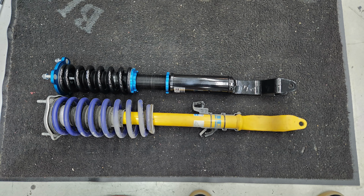So highly recommended. All in all, I think this was a very, very good purchase. I wish I had just done this in the first place. The Bilstein B8 and the H&R setup, I think that setup is really good. It's cost effective, generally speaking, really good quality parts if you're not looking for a big drop. If you're looking to just upgrade the suspension and maybe get a fraction of a drop, but you really just want to keep the OEM feel while getting better handling, I highly recommend the B8 Bilsteins and the H&R setup. But if you're looking for a drop, this is definitely the route I would go if you own